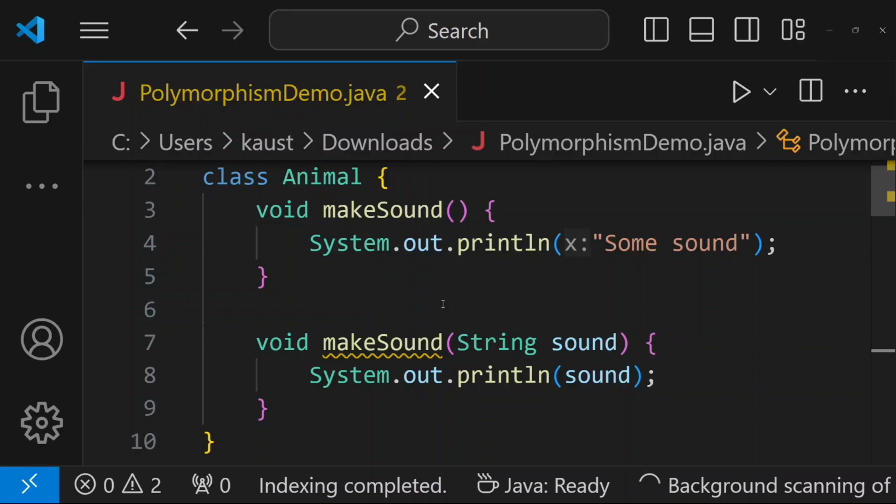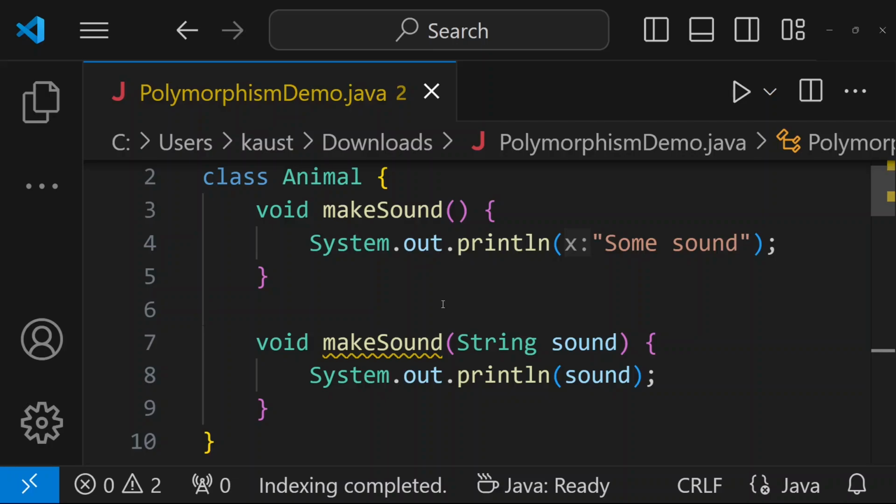Hello everyone. So in the previous videos in this playlist, we have seen inheritance and we have seen what is method overloading. In method overloading, we have seen that there can be multiple methods with the same method name but different number of parameters or different types of parameters, different data types of parameters. Okay. So now we'll see this example where we combine all these concepts together and introduce a new concept of